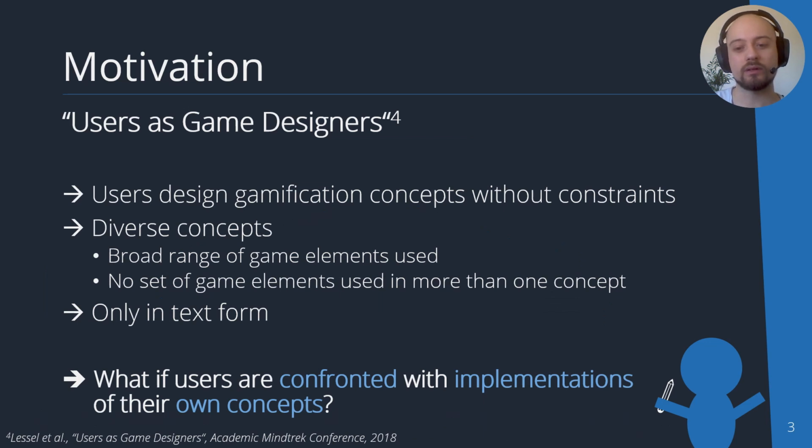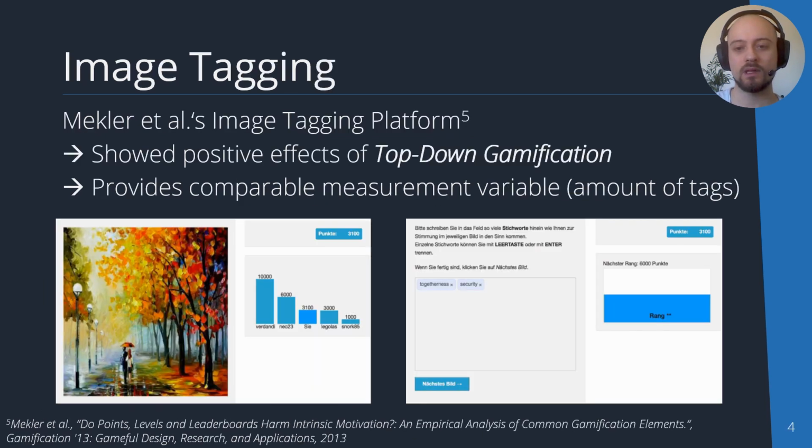So we asked ourselves, what would happen if we take those concepts, implement them, and confront users with their own concept? Now, as the title already suggests, we investigated this in the image tagging context. The image tagging context has priorly been used by Meckler et al., where they were able to show the positive effects of top-down gamification. Top-down gamification means that users were given a predefined set of game elements, like in this